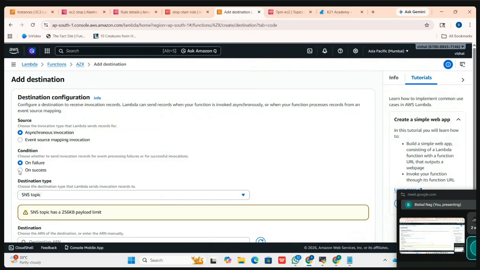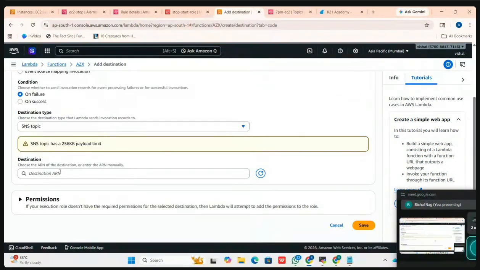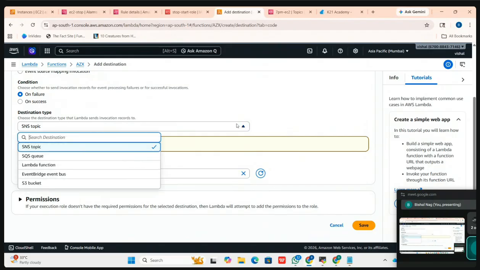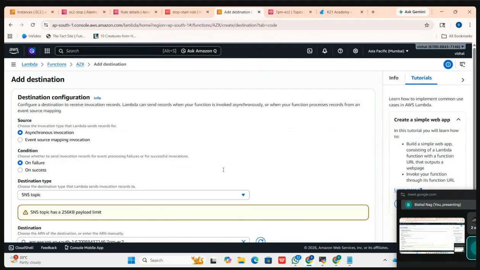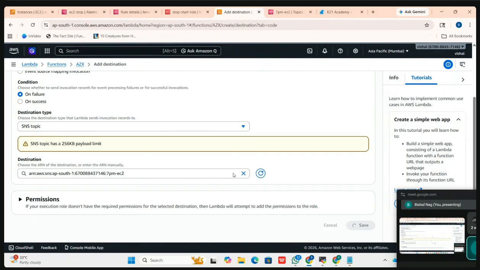कर दिया। ऑन फेलियर, ऑन सक्सेस। इसमें क्या होगा, ऑन फेलियर स्टॉप करना, डेस्टिनेशन EC2 टॉपिक, इसमें यही वाला है ना, हाँ यही वाला है, सेव करना है। पेलोड लिमिट, ओके मेरा पैसा काटेगा, यही बोल रहा है।